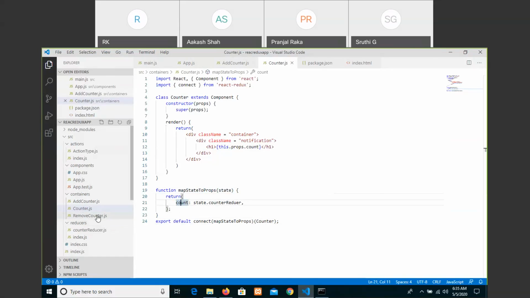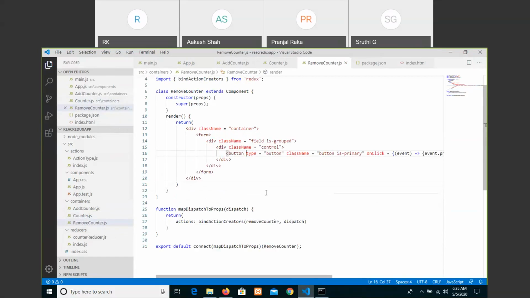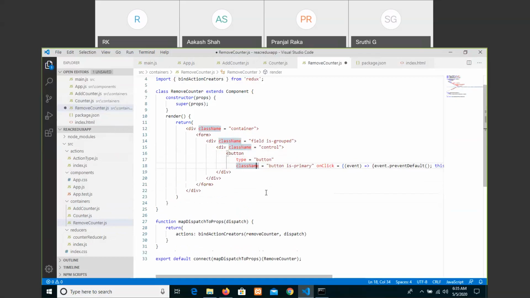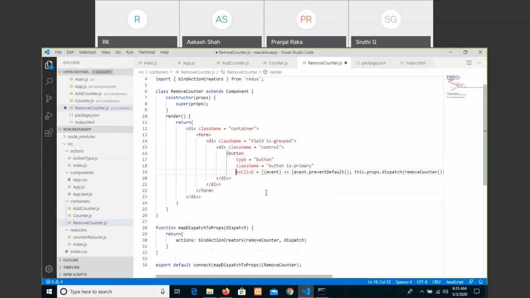Remove counter anyway, same like type button, class name, event handler.